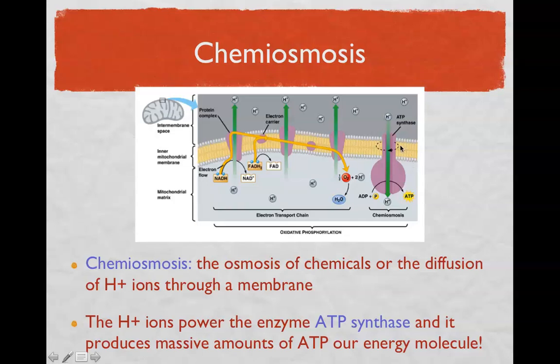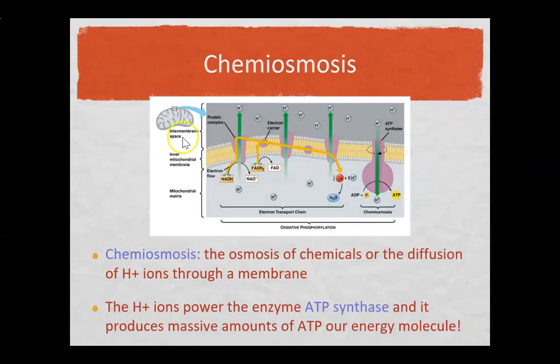Every time that spins, we're taking ADP plus a phosphate, giving it the energy that's necessary so that they can hook back up and create ATP, which again is the ultimate reason we're doing all of cellular respiration in the first place. So chemiosmosis is going to take advantage thus of having this concentration gradient here. Because they're ions, they're forced to go through that ATP synthase enzyme in order to diffuse. So this really is an example of not just osmosis or diffusion being that passive transport, but really it's facilitated